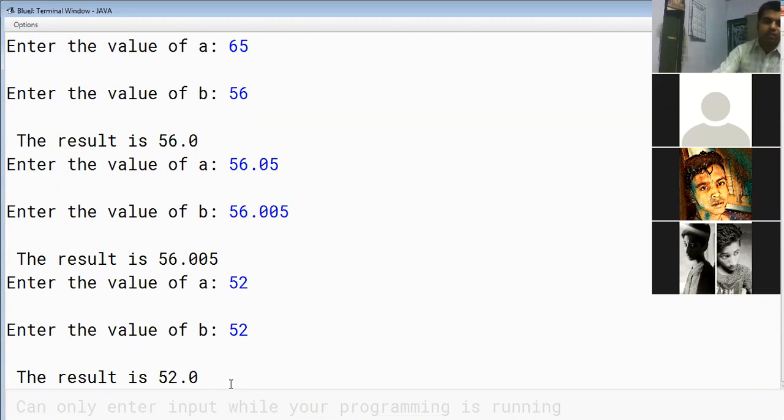It is coming because there is no other value for comparing the maximum or the minimum. So 52.0 has been treated as the minimum value, because in both cases you have 52. If it was math.max and you still enter 52, the output will also be 52.0, because you don't have any separate value to be compared.